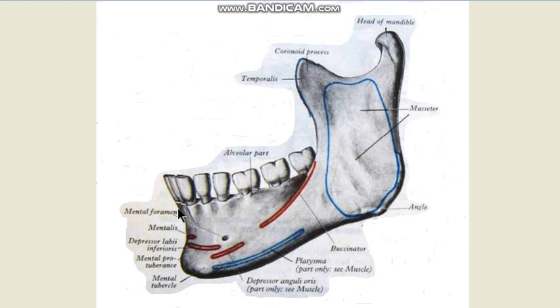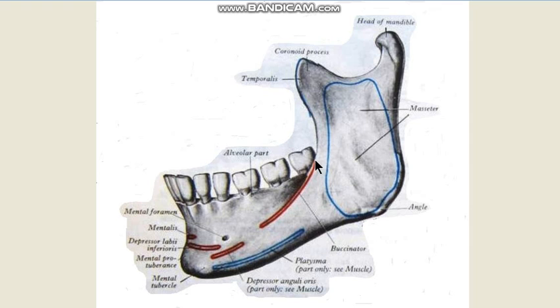teeth. And this body of the mandible has an upper border bearing the alveolar process, and it has a lower border, and we would not be right in describing this as an anterior border because this is continuous with the opposite half of the body. In fact, the body is totally U-shaped, and the junction between the body and the ramus is taken to be an imaginary vertical line just behind the third molar tooth.